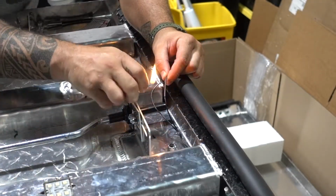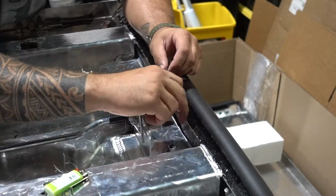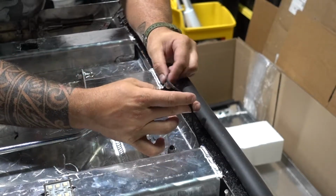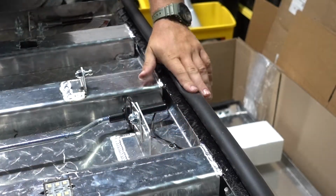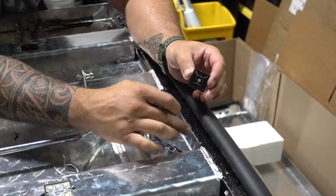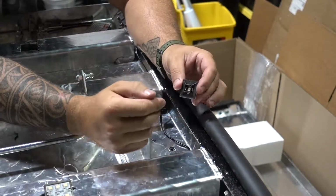Same thing, heat it up. Okay, now I'm gonna slide over this big one. There we go. That is your heat shrink. So now what I'm gonna do is I'm gonna take one of these sticky zip tie holders, and I'm gonna put that in the corner, put a zip tie around it, and that's gonna keep that wire from flopping around,